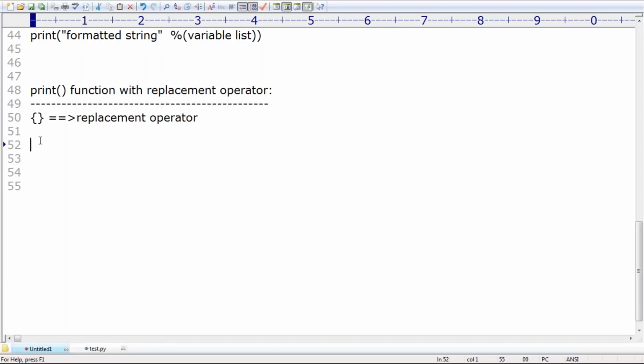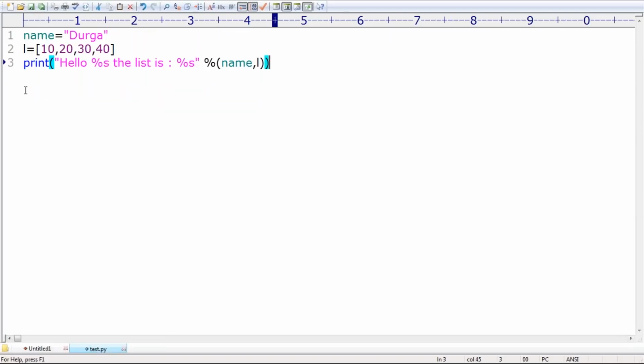How can you use this? Very simple. Let me go for a small example, then you can understand very easily. Name is equal to Durga, I'm taking. Salary is equal to 10,000, like this I'm taking.